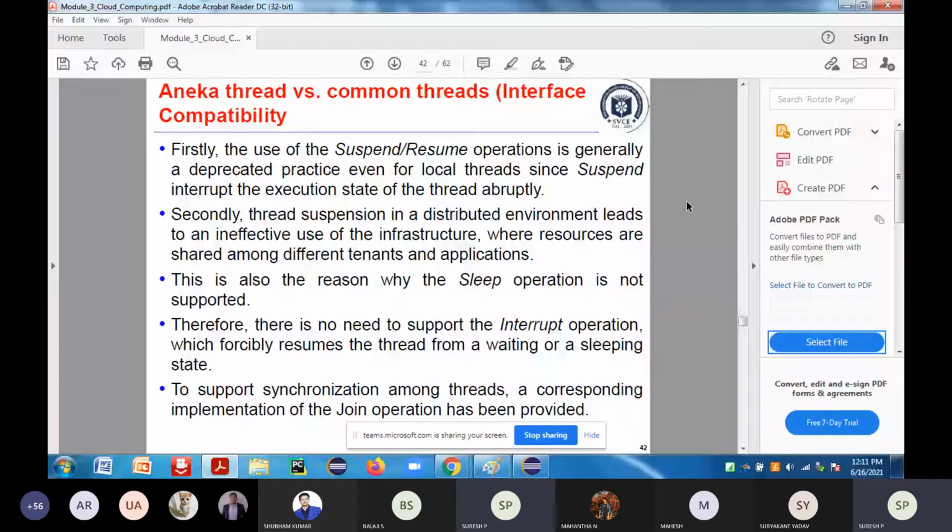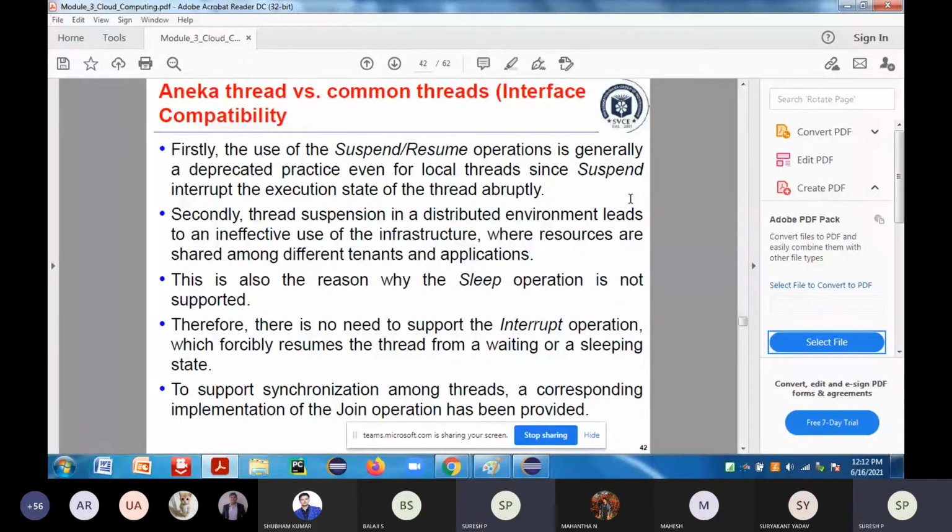Secondly, when you are running in a distributed environment, as in the case of the Aneka thread, what does thread suspension lead to? It leads to an ineffective use of the infrastructure. If I leverage that infrastructure, I will be paying for it.